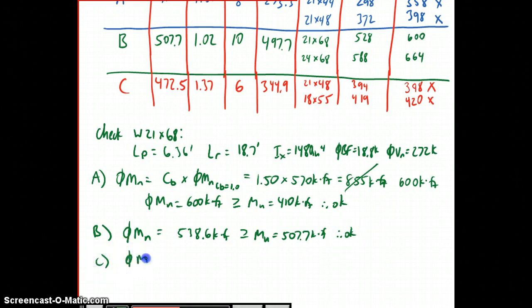And in segment C, the unbraced length is 6 feet. That's less than L sub p, and so right off the bat, we know that phi M sub n is equal to 600 kip-feet, no matter what C sub B was. So that's greater than M sub u of 472.5, and therefore it's okay. So the last thing we need to do with this W21x68 to ensure it